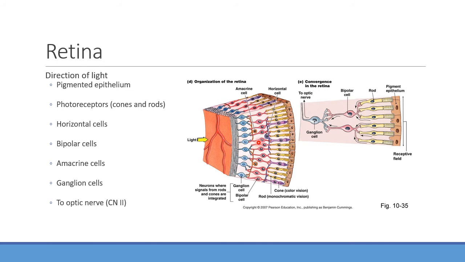And then I'll show you a picture of what this looks like, because actually this conformation changes a little bit, especially in the fovea, where you move a lot of this stuff out of the way in order to get the most light possible without being interrupted hitting those rods there. So I'll show you a picture of that in just a few minutes. And again, this is an optic nerve, number 2 here.